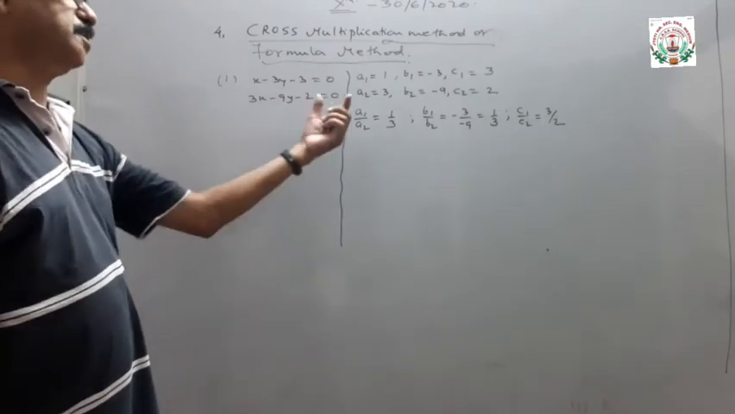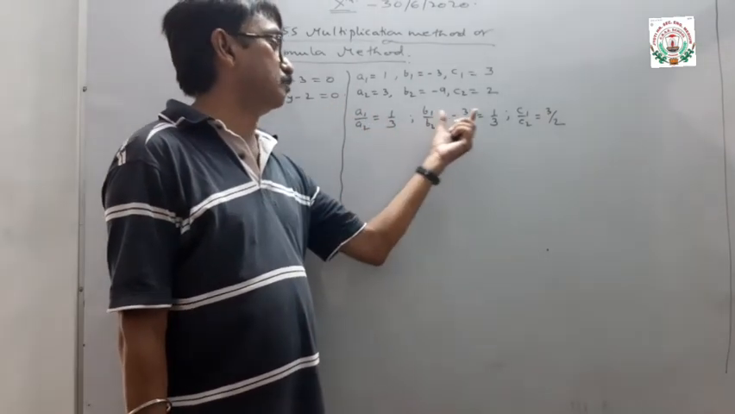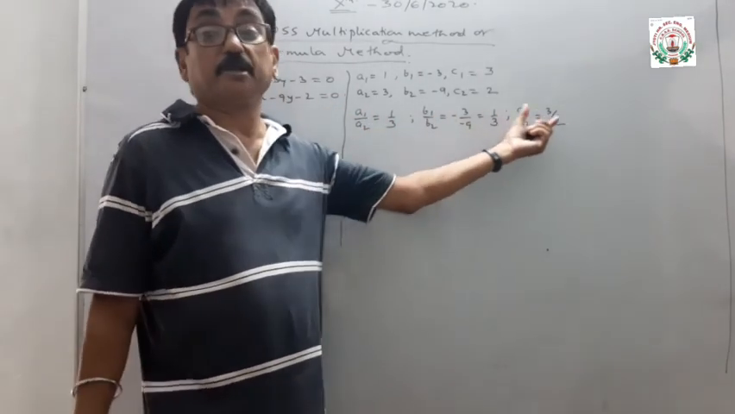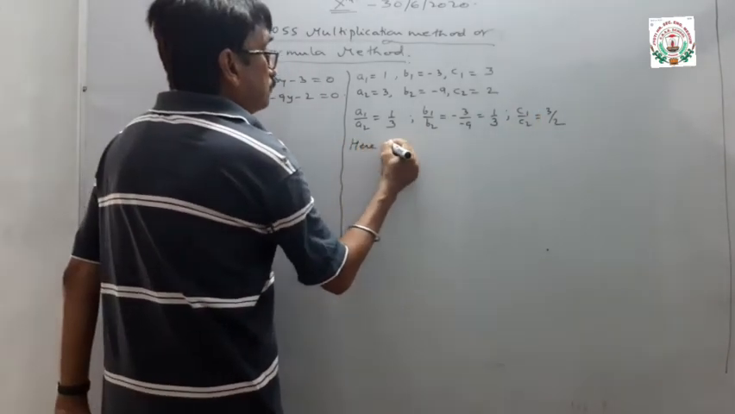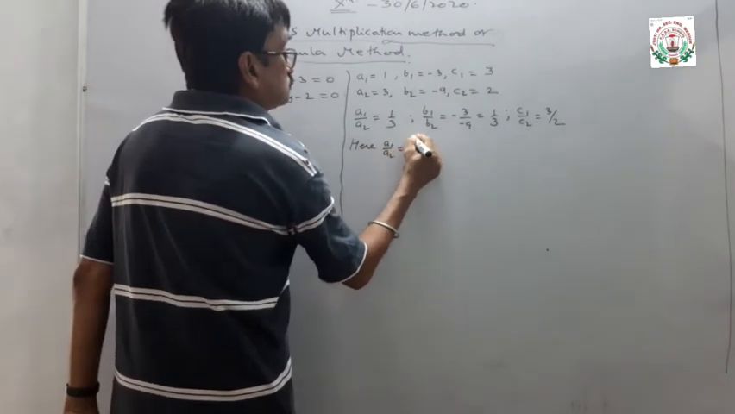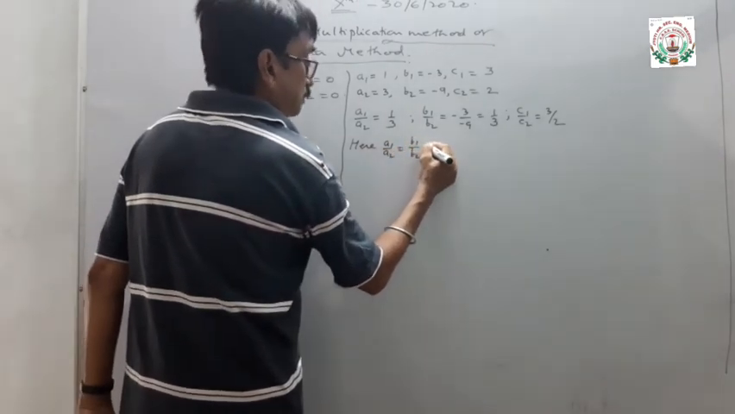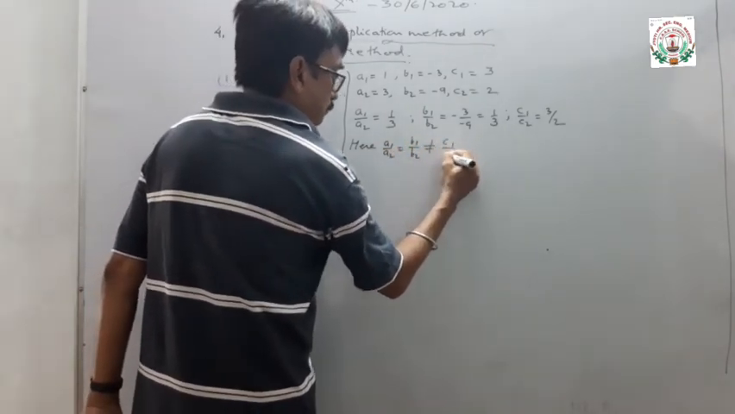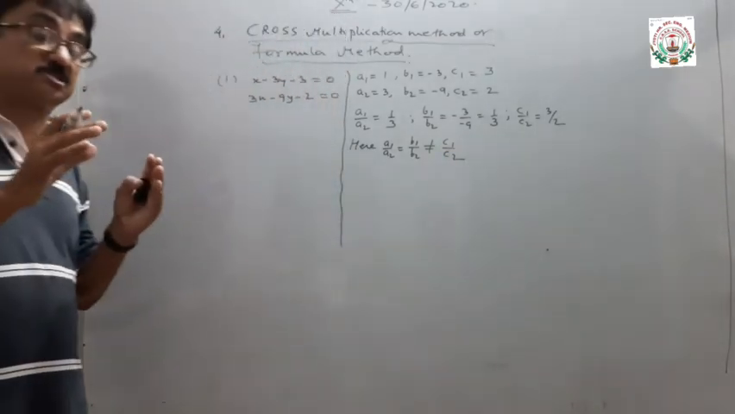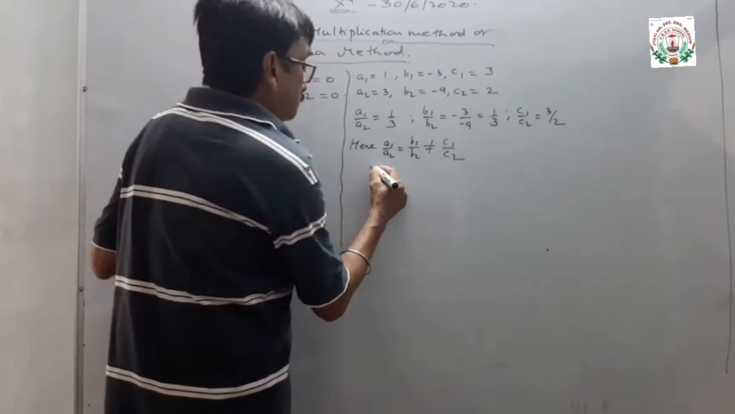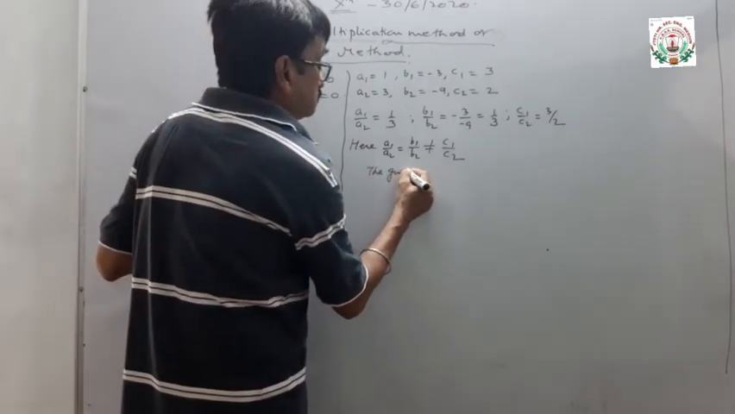So clearly we can see that a1 by a2 is equal to b1 by b2, but it is not equal to c1 by c2. So here a1 by a2 is equal to b1 by b2 is not equal to c1 by c2. That means our second condition is satisfied. So the given equations